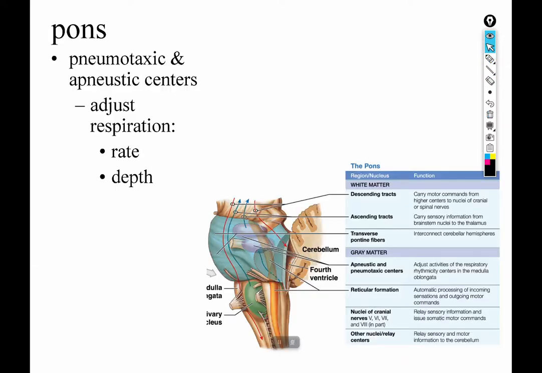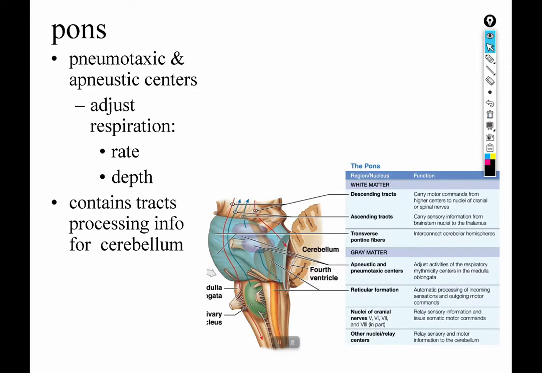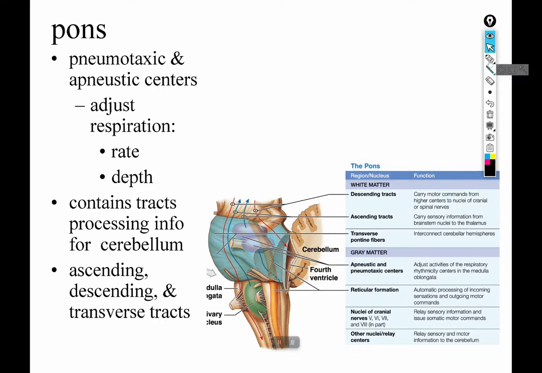All right, so the pons has a lot of different functions. So we'll talk more about the pneumotaxic and apneustic centers next term, but just to give you a wee preview. So they adjust respiration rate and depth. So this is number of breaths per minute, but the pneumotaxic and apneustic centers do that by